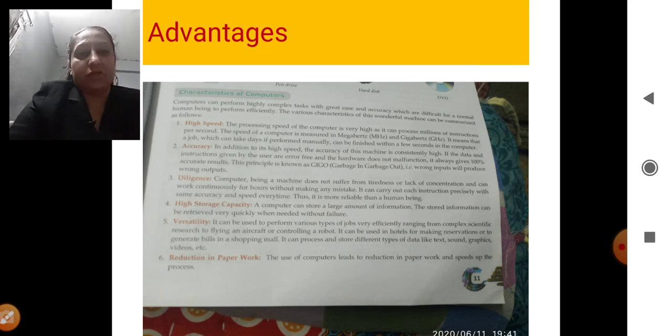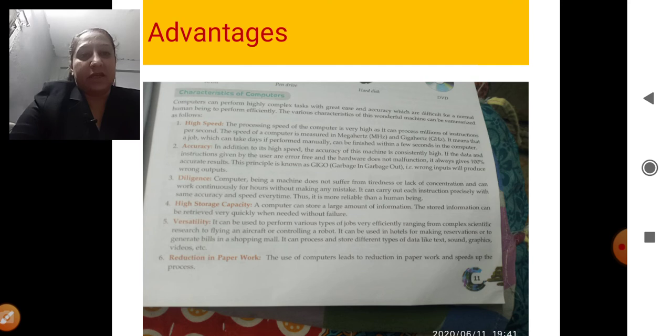What is that GIGO? If the user gives incorrect input, 100% the output will also be wrong. That is, if I was expecting a calculation of 15 into 15, and by mistake instead of typing 15 I ended up typing 16, then what will happen? Definitely my answer will also come wrong because I gave wrong input. So one case where the computer will fail is if the input goes wrong, the output will be wrong. That is called garbage in, garbage out. You gave garbage input data, so the computer gave garbage output.